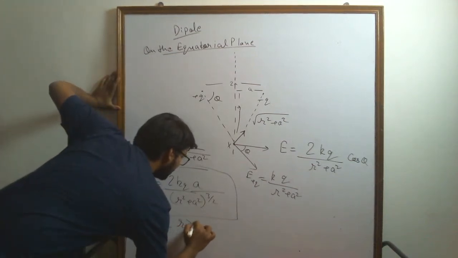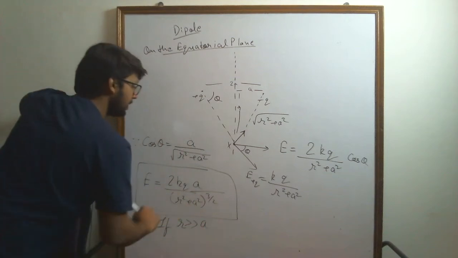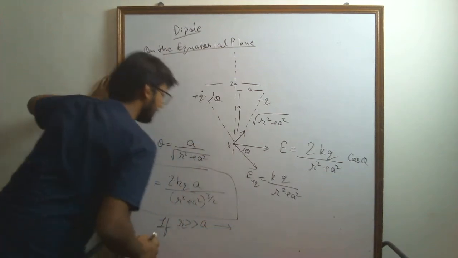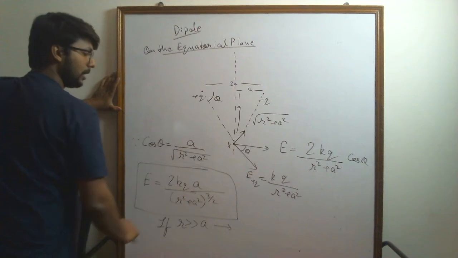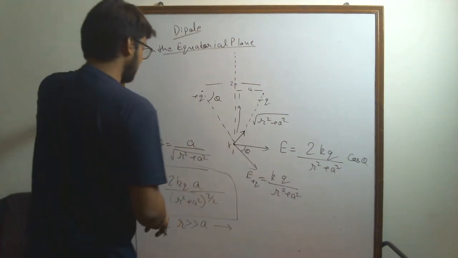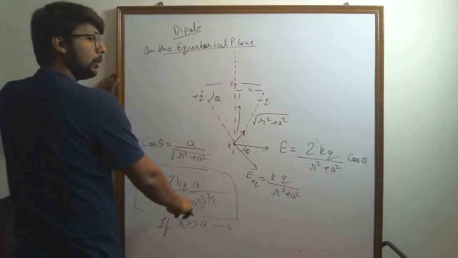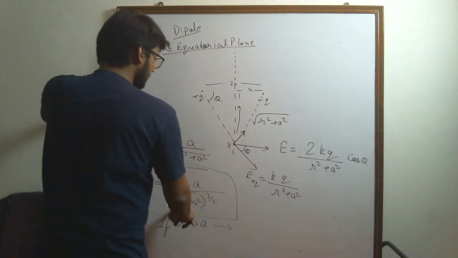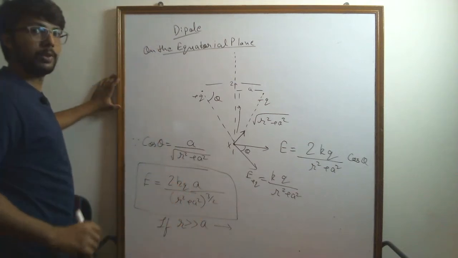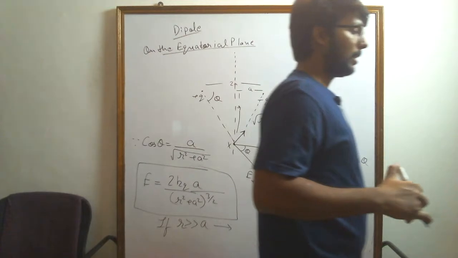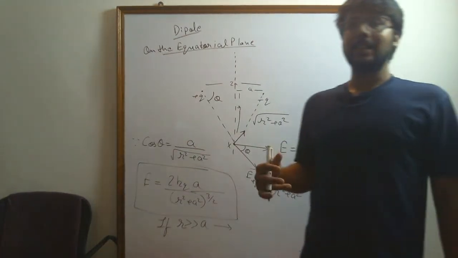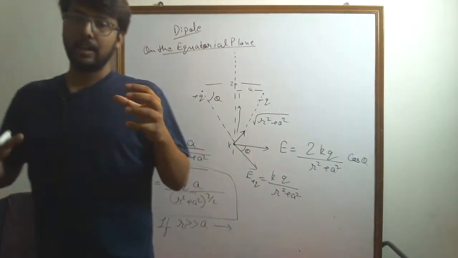Now what happens when R is greater than A? That means A is negligible. As soon as it becomes negligible, I can neglect it completely. I cannot neglect the A in the numerator, remember, just because it is getting added up, so I can remove it. Why can I remove it? Let's quickly understand. The neglection is essentially because it's so small that